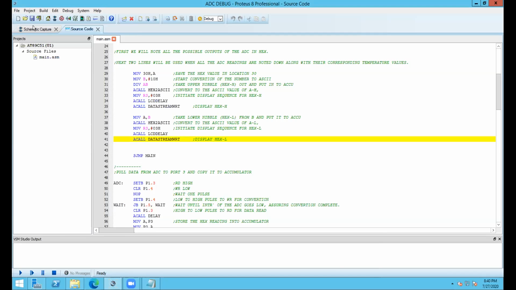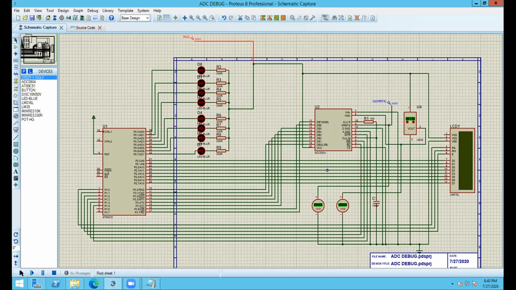So let's see what this program does. See, the first message is displayed, ADC output now, which was the first part of the source, and now it displays the current reading of the ADC. See here, I have told you that you have to inverse these readings. So this is the least significant bit and this is the most significant bit.